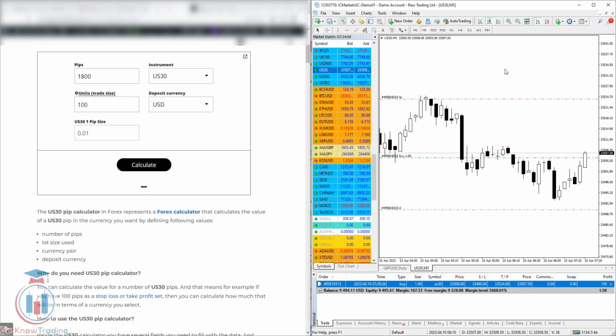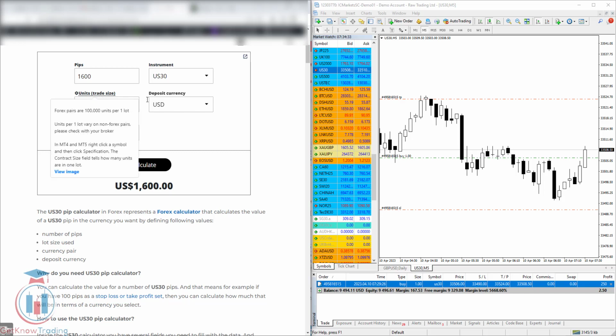So if you leave these levels for the stop loss and the take profit, you make the calculation, you will get that you can make 1,800 of profit on this trade, or in this case where we have 1,600 pips as a stop loss, you would lose $1,600. So the lot size and the number of units define how much you will make or lose on your trade